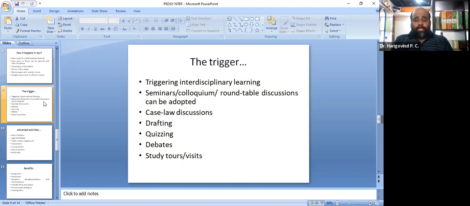Drafting, pleading, conveyancing, we have a paper. But normally what we do is that we give some normal exercises or very common exercises to the students. But I think what happens if you give them an imaginary problem or a hypothetical thing, which is interdisciplinary in nature, which creates some challenges for a student to make a drafting of a plaint or drafting of